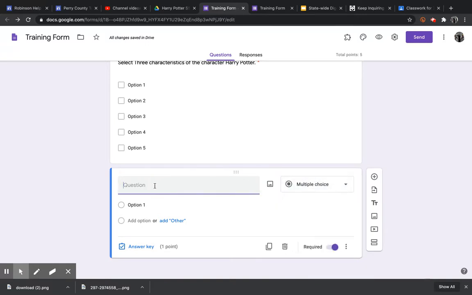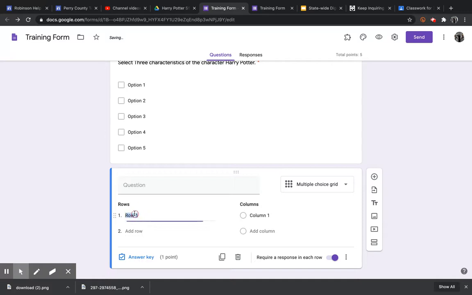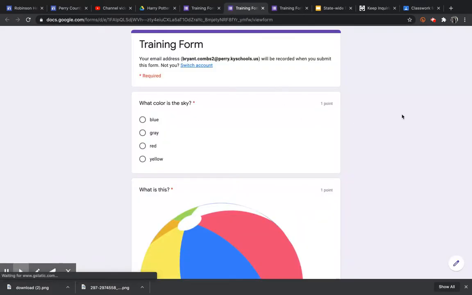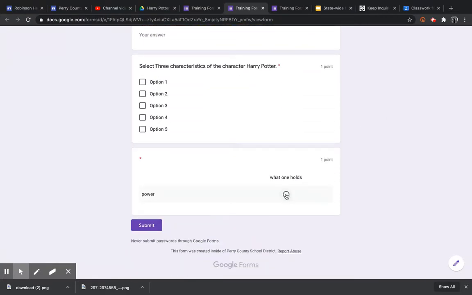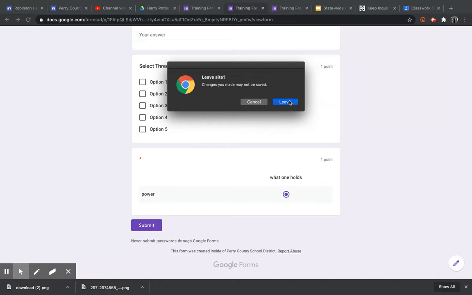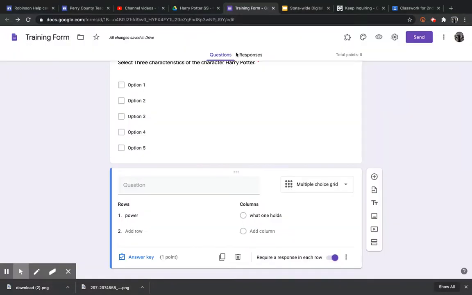So if you want to make a multiple choice grid, it's going to pop up over here. Let's say that the word is power, and this is how the story described it or something like that. When we look at the student preview, at the bottom here, you will see they can select that one for the power. Now, if you add another option here,